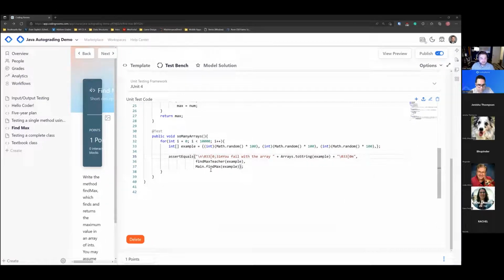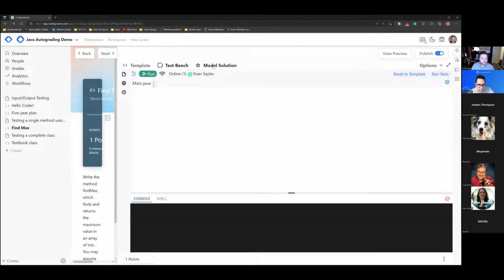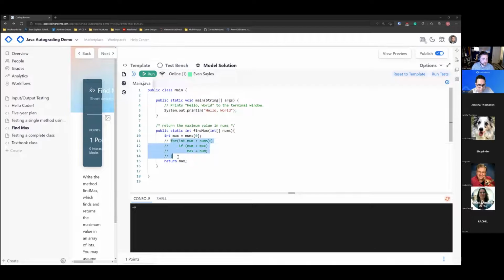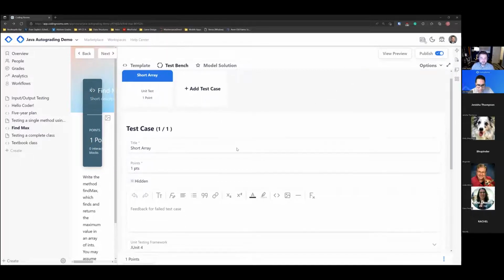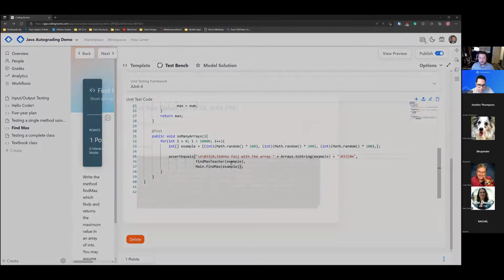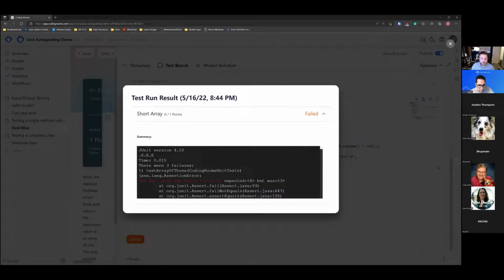Okay, so let's find out if I passed that test with my model solution. Did I fix the model solution? Because I didn't want that output. Actually, I'll leave the error in. If I run the model solution right now, I'm going to fail that test for sure. So you can see it says there's 3 failures, even though that for loop allegedly ran 10,000 times. There's one test, the array of 3, that I failed because I only returned the first